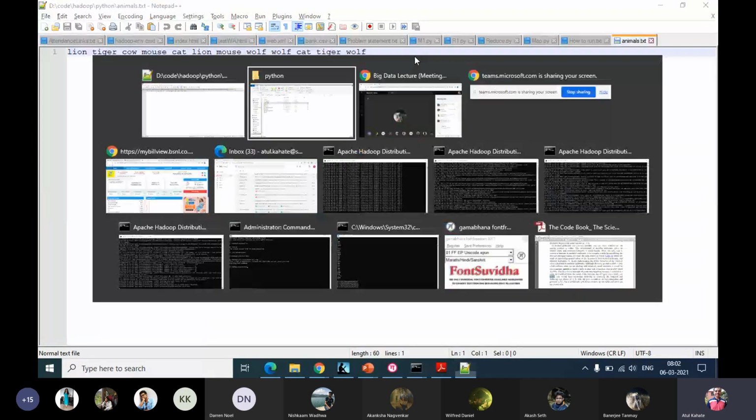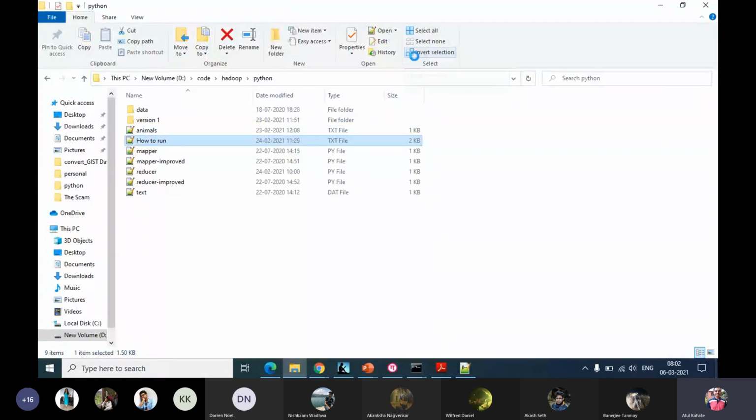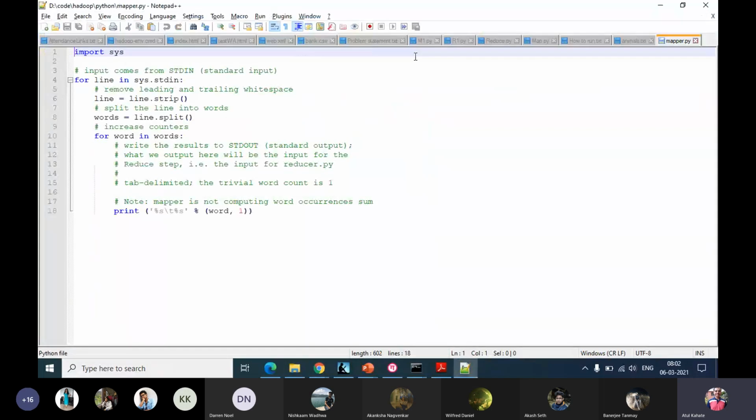And I think then we wrote the mapper program, as Akash and a few others pointed out. So this is the code that we wrote, and then we tried running the mapper program. So today we'll complete the remaining part, which is to write the reduce code, and then we will run the map reduce